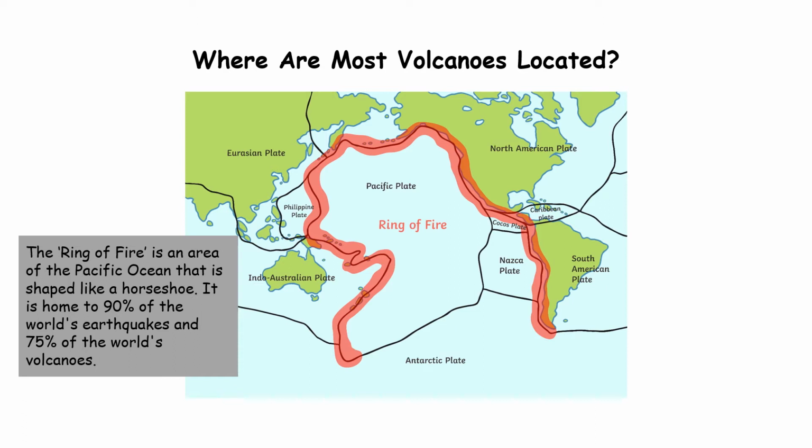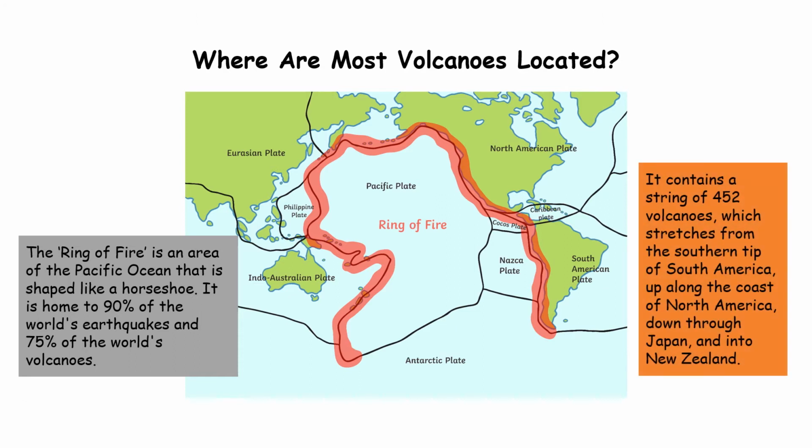90% of the world's earthquakes happen in the Ring of Fire, along with it being home to 75% of the world's volcanoes. Within this area, there is a string of 452 volcanoes which stretch from the southern tip of South America, right down the bottom there on the right, all the way up to the north coast of America, and then down via Japan and into New Zealand. These are areas that tend to get a lot of earthquakes as well. So let's keep moving on now